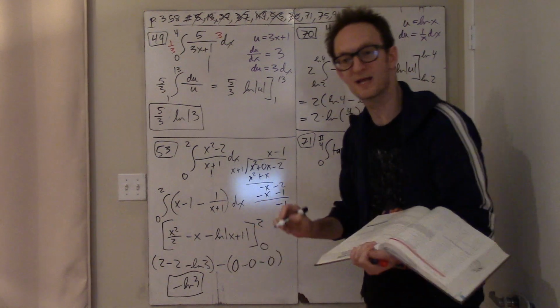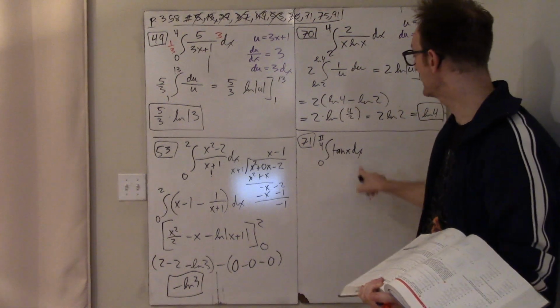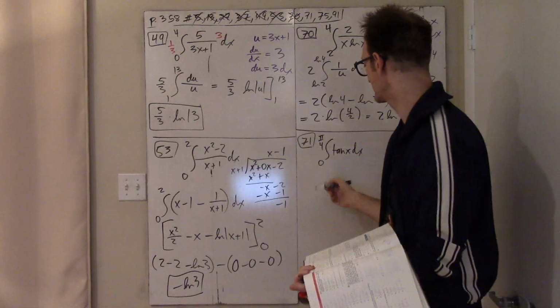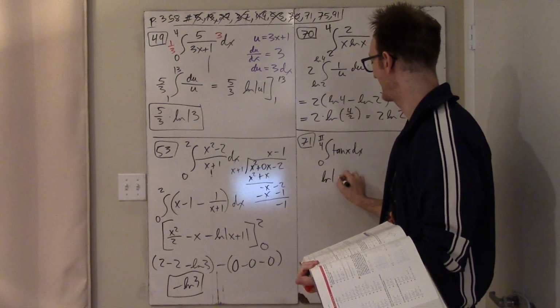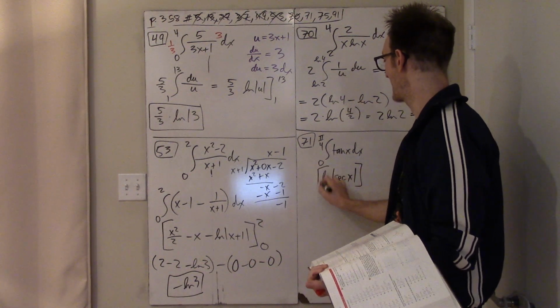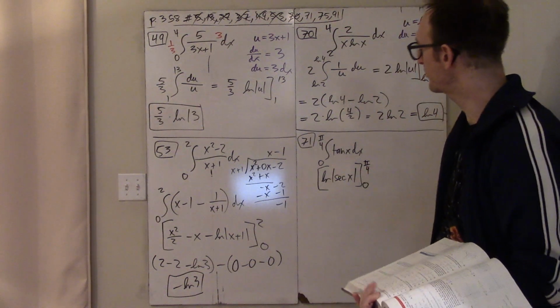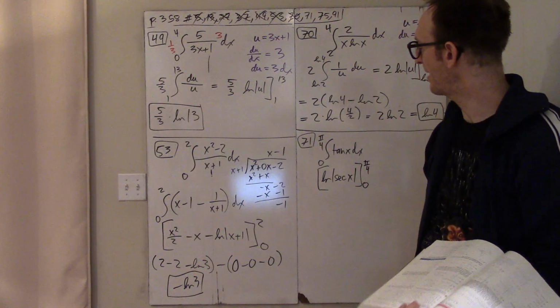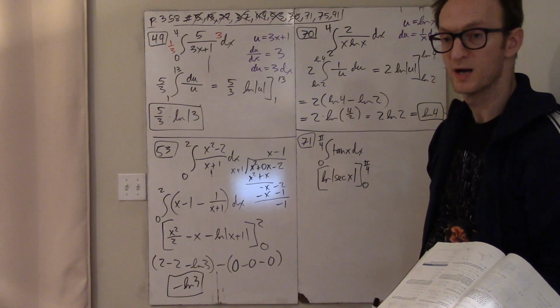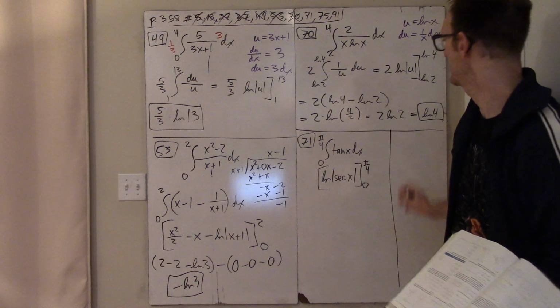At this point, maybe it's nice to just know the antiderivative of tan. I do. It's ln secant. So I'm just going to tell you that this is ln secant x evaluated at pi over 4 and 0. Do you want me to go through that whole thing again? I probably don't want to. I could. It's almost identical to the derivation